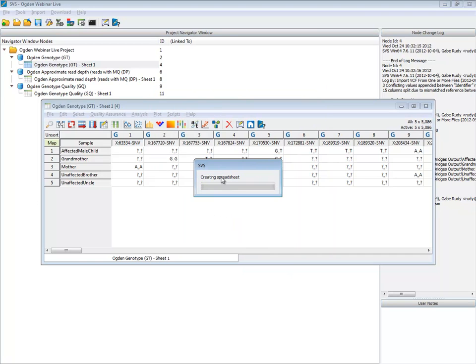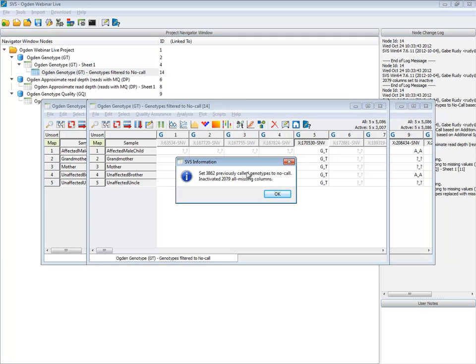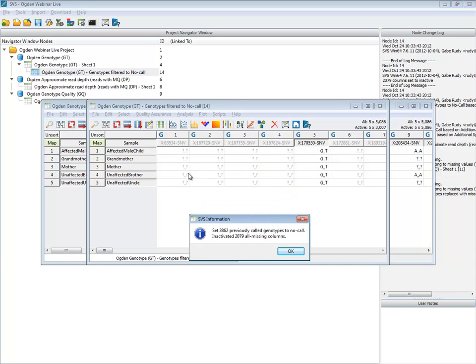So 2 things happen. Not only do we drop those genotypes, but we also inactivate columns that now don't have any genotypes in them. What that shows us is we've gone from 5,000 variants imported in our all filter to just 3,000 left.